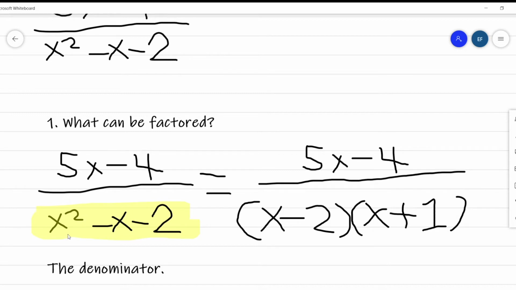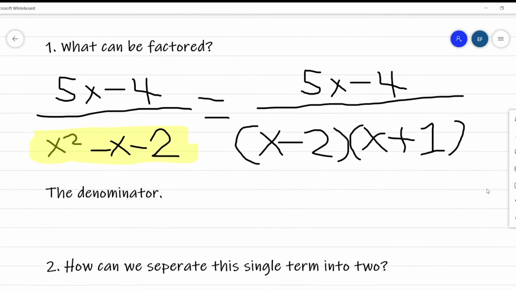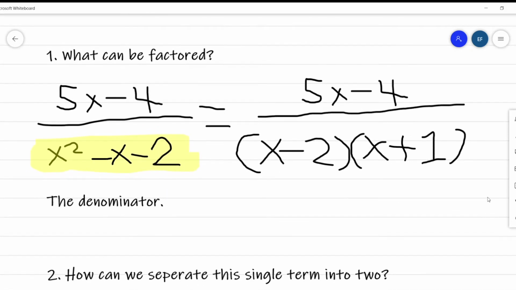So now that we've established what is our factored term, the next question we're going to ask ourselves is, how can we separate this single term into two? In our case, we're going to try and separate out our terms. And the same process can be repeated backwards if you need to. But let's try and separate this out. This is also kind of the trickier question. But hopefully you guys can think of